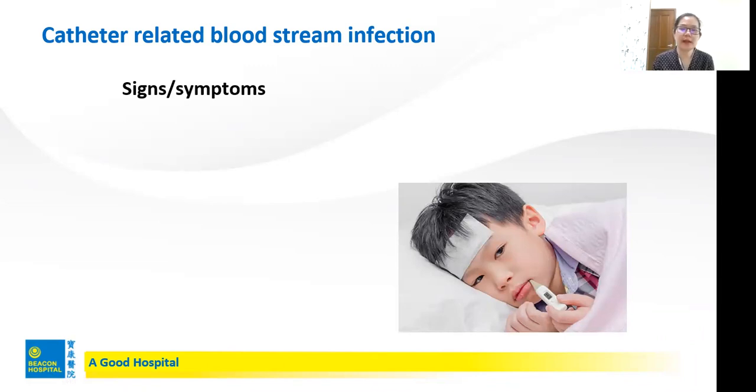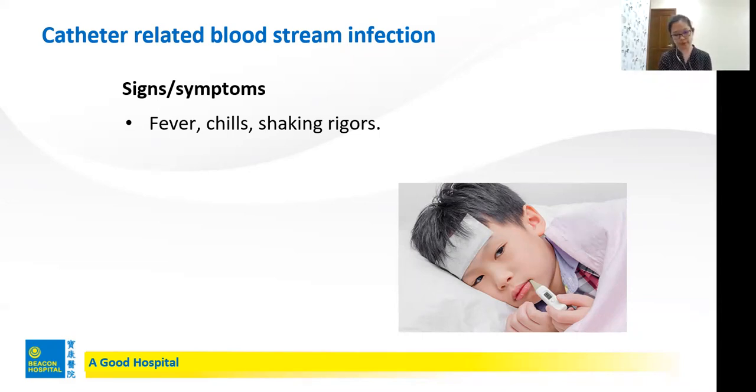Another type of infection is not just the exit site or the port site or puncturing site. The other type of infection that could happen to CVAD related is catheter-related bloodstream infection. Okay, what's the difference? This one you can identify with the following signs and symptoms. Whenever you attempt to use the CVAD, whenever you flush saline or whatever, after 5 minutes, 10 minutes, the patient who came to you with a very good general condition, after you suck and flush saline or take a blood sample and then flush with saline, then the patient suddenly turns